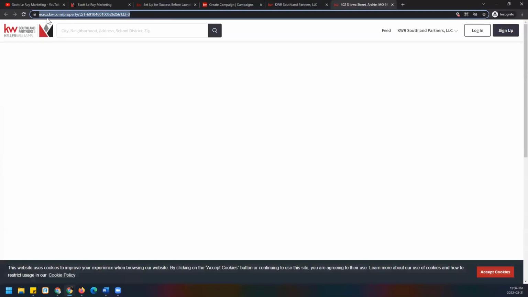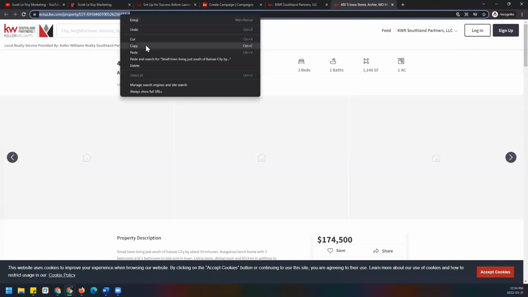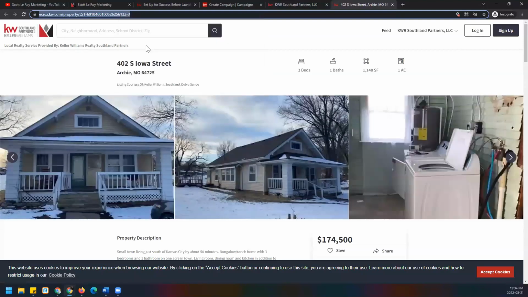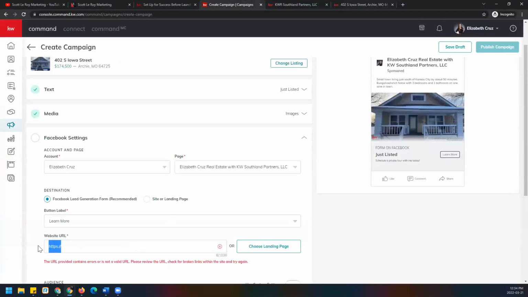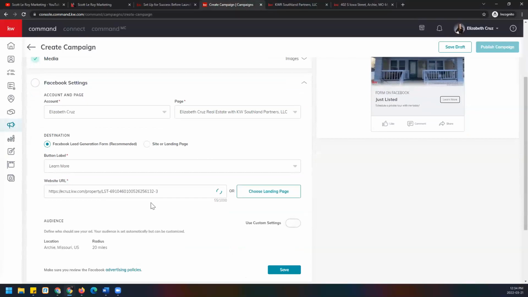And once this pulls up, steal this URL. So you can click once to highlight, right-click copy, and then paste that URL, remembering to delete what's already populated there, and right-click paste